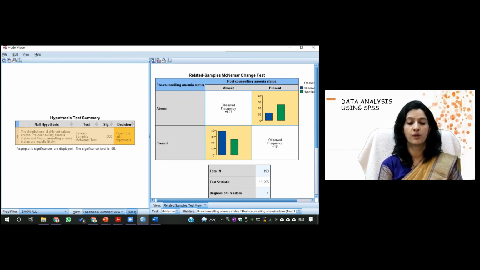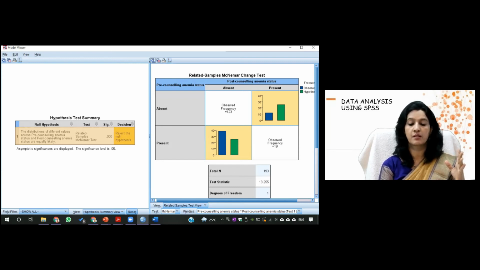Now, if I go with this. So if you see this, the first box is the number of individuals who were absent before intervention, means anemia was absent before intervention, and after intervention also it was absent. So this we call a concordant pair. There was no change.